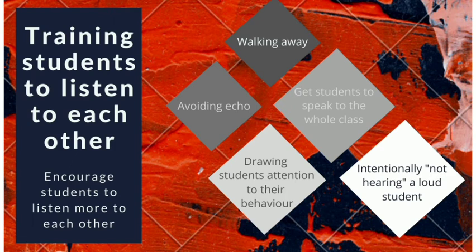Then number 2 is avoiding echo. The teacher asks students to respond to the other students who speak. Before that, the teacher must repeat to make the opinion of student A clear and make the other students hear. For instance, student A gives their opinion, then the teacher asks student B: so student A, you mean that, and then student B, do you agree with A?